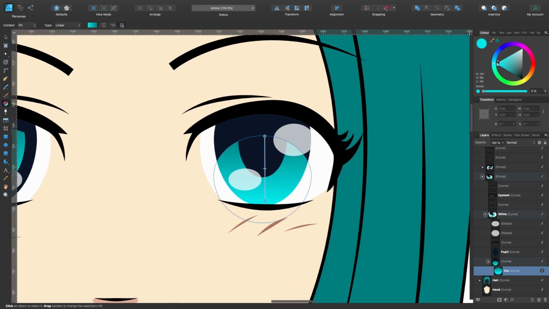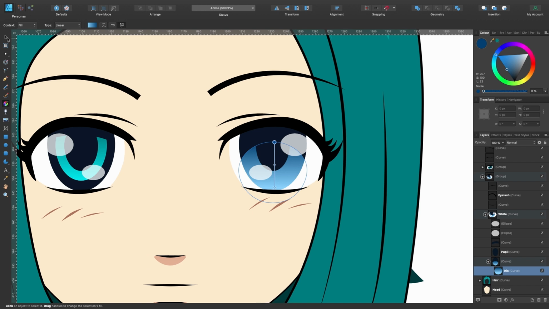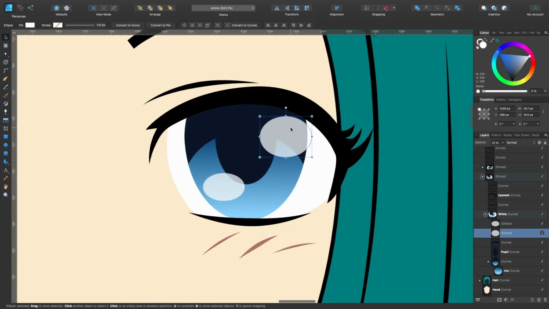Let's zoom in and I'll just drag that up so it goes to blue, and I'll make it a little bit lighter. And for the top one, I will go darker blue. Yeah, something like this works. That looks also cool, but we can do more. So look at the reflection. We can create a few more of these.